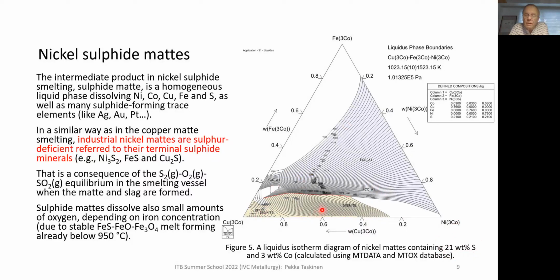You can probably see, it's rather small, but these isotherm temperatures are pretty low in certain areas of the matte. So at low iron concentrations, over quite a wide range of copper to nickel ratios, we have liquidus temperatures which are below 600 C,